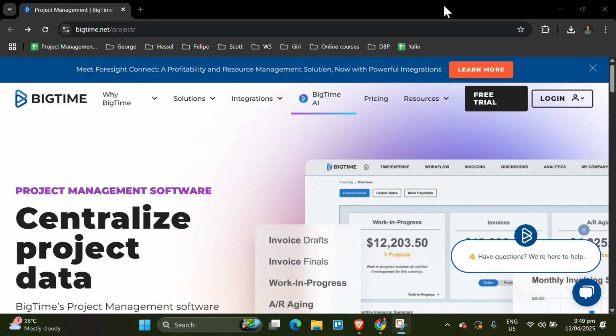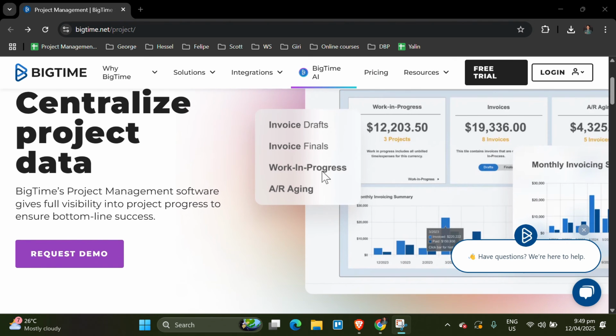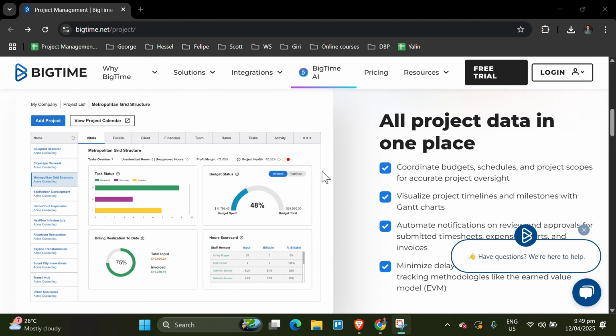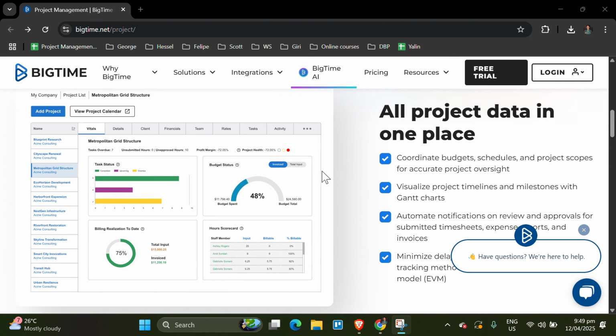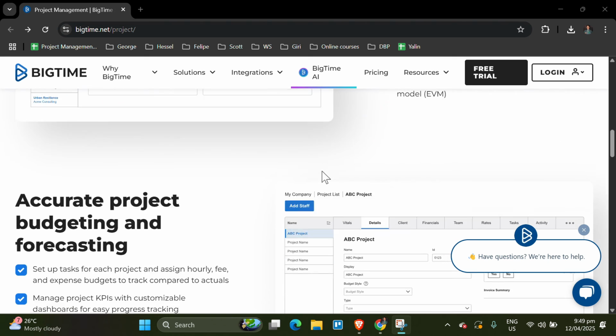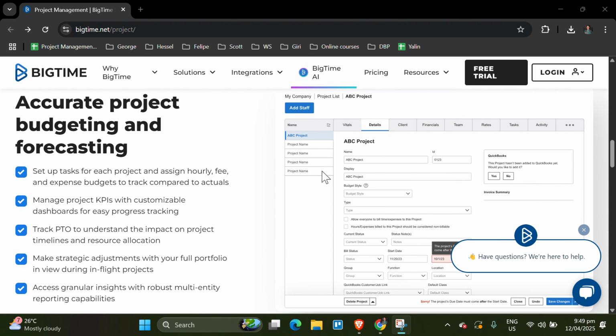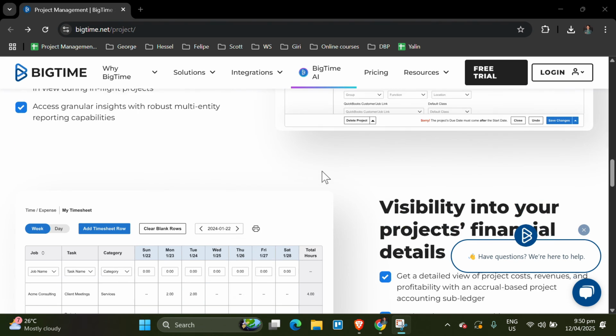Get help and support. Click on Help or the question mark icon, usually in the top right corner. Access the Help Center with step-by-step guides, video tutorials, and FAQs. Use the chat support or submit a ticket if you need technical help. You can also schedule a call with the BigTime support team or your account manager. The purpose of this is to ensure you get help whenever needed, whether it is troubleshooting, onboarding, or optimizing how